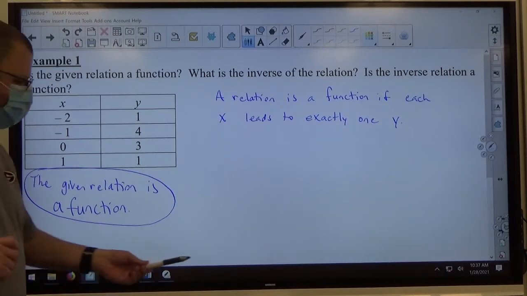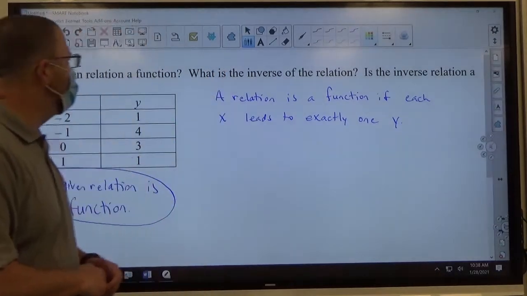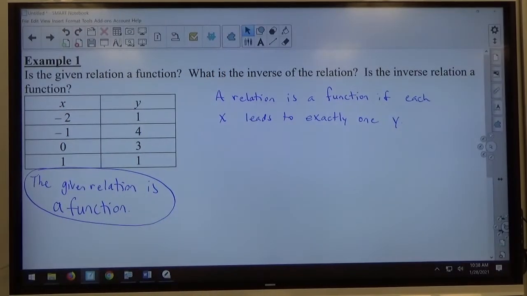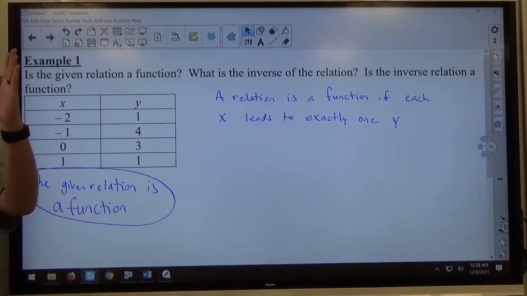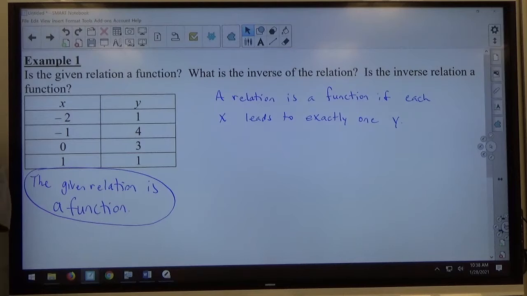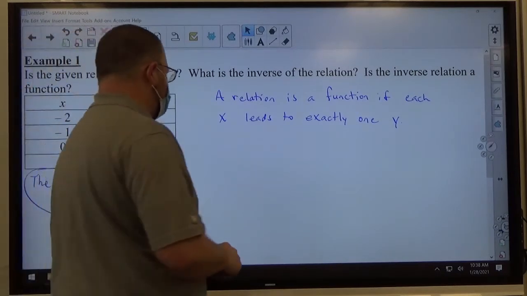All right, second thing they asked me to do is to find the inverse of the relation. Okay, this is a new concept for you guys. You've never seen this before. To inverse a relation, all you do is you take your x and y values and you swap the order. The x's become the y's become the x's. All right, so if I'm making the inverse of this relation,